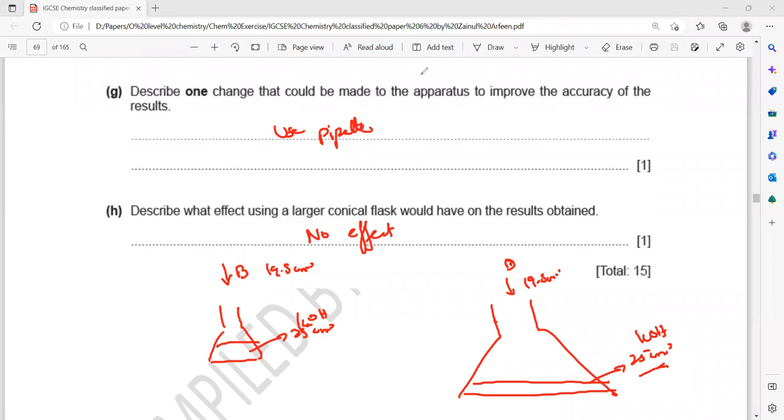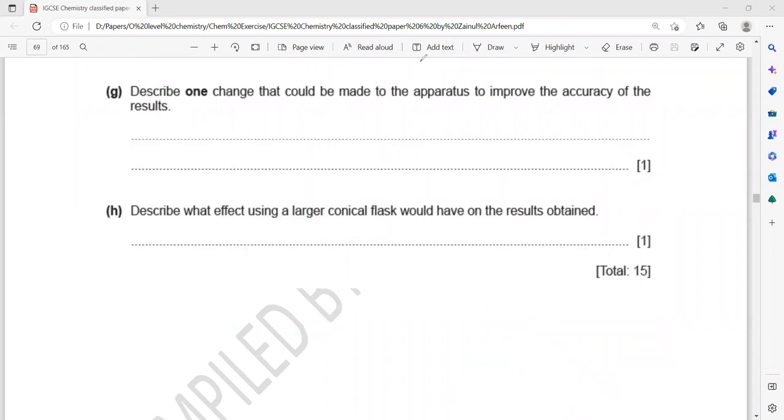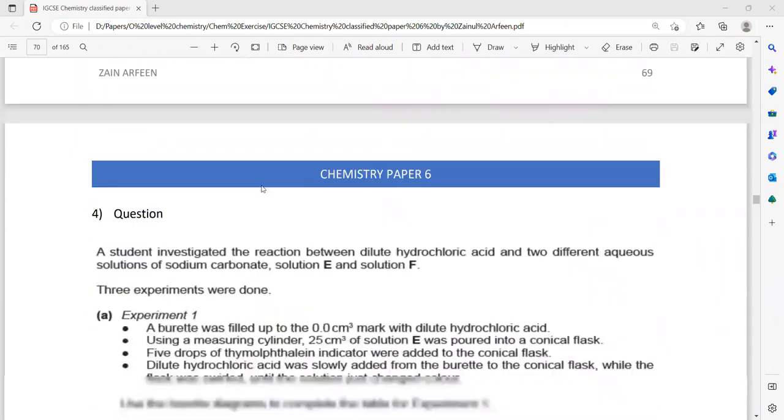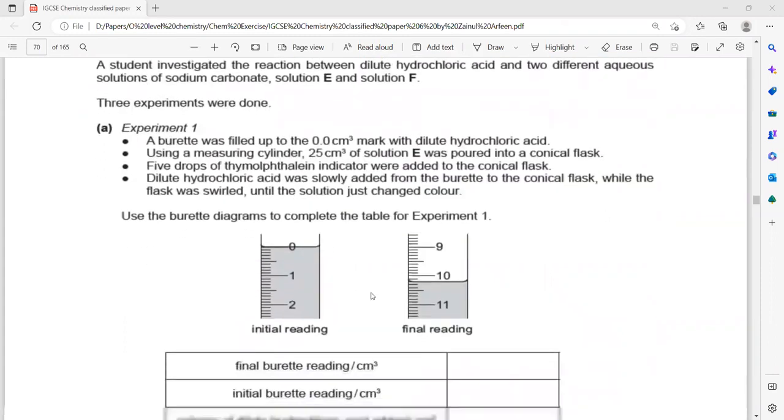So using the concentrate, only changing the concentration or the volume of solution will affect the final result. Otherwise, it does not make any difference. Moving on to the next question, a similar question related to